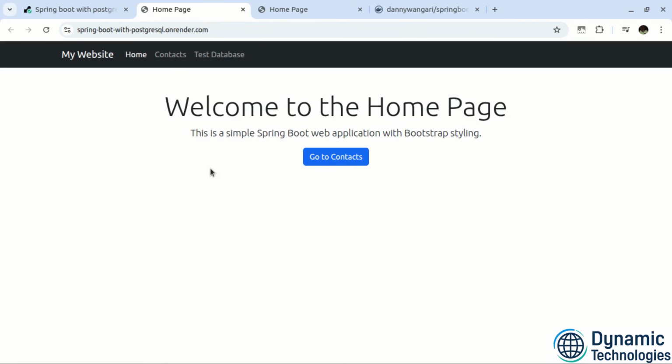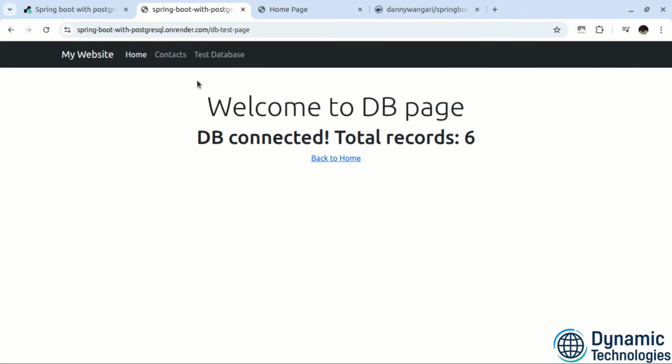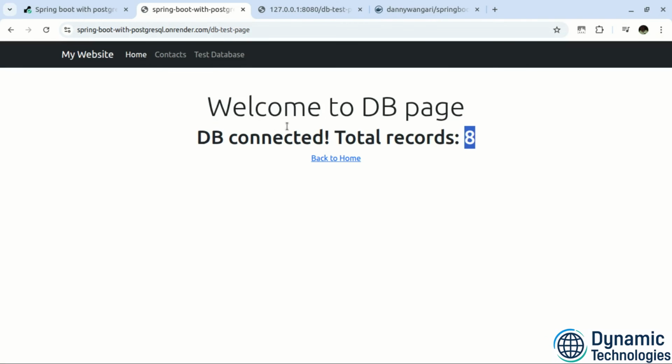If we try to check on contacts, working, test database, we see that we are now connected to the database. Our application has been deployed on the Render platform as a Docker container and with a connection to the Postgres